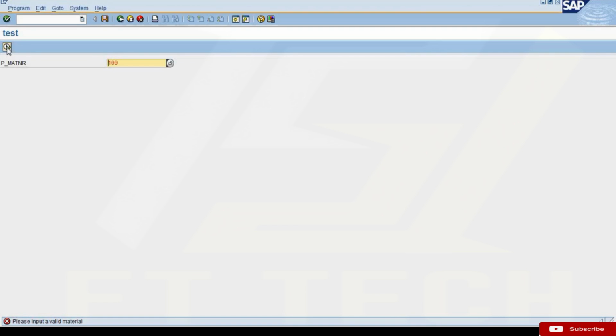So if I give 100 and execute, if it's an invalid material, the message should read, the material number 100 is invalid. If I give 200, then you should say the material number 200 is invalid. So whatever value I input in this field, you need to show that value in your message. So make your message more dynamic. Okay, something like